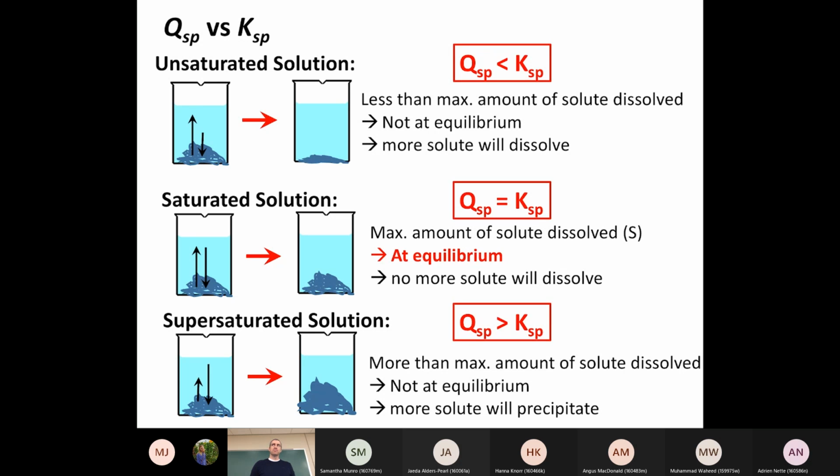Sodium acetate, which is NaCH3COO. Sometimes it's just NaOAc. Sodium acetate is a flavoring material. They put it in salt and vinegar chips to make them taste like vinegar. That can actually very easily make a supersaturated solution. And so what happens is you can dissolve this at a high temperature, let it cool down, and often it won't